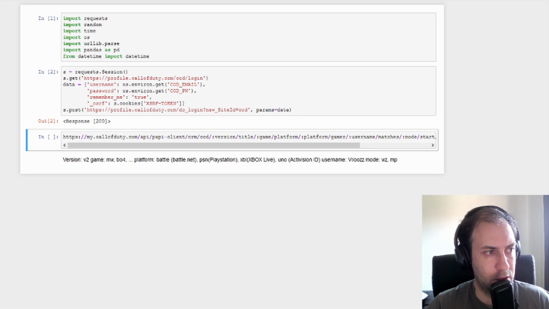Okay, we got a 200 response status code. Then we discussed the different parts of the URL. So let's just call the endpoint without any timestamps to just fill in the different parameters here. So we had the version v2, the game, we're going to use